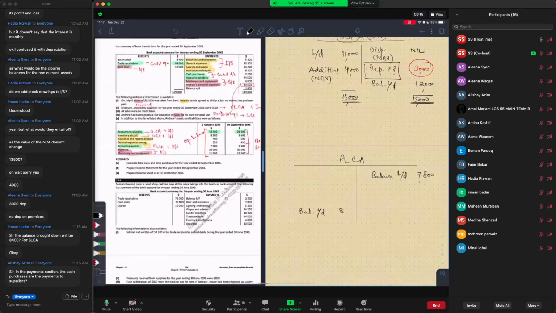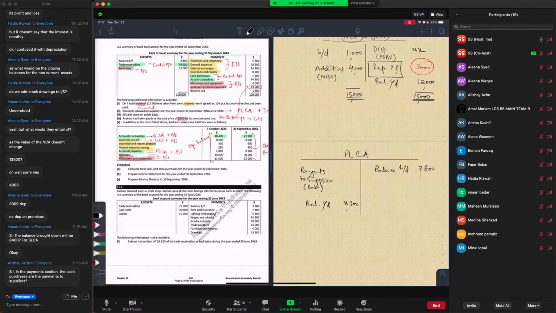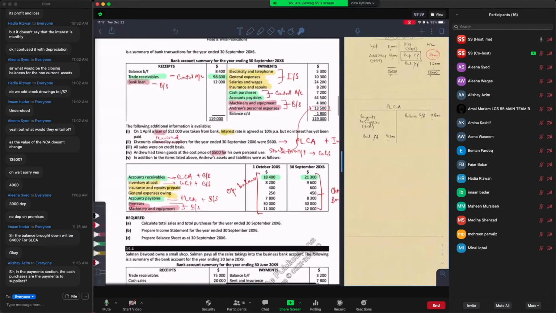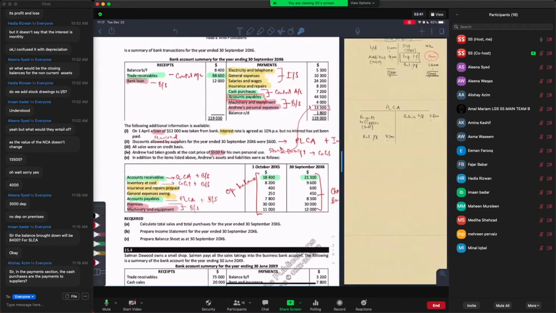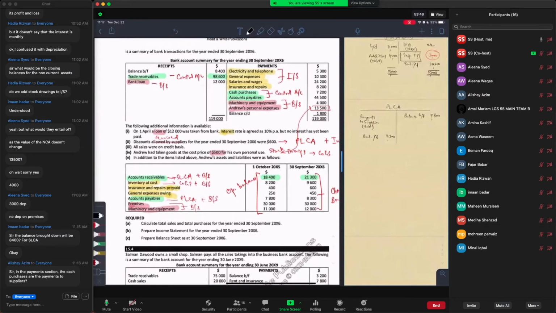8,300, right? The payments to suppliers is from the bank account. This is going to come from the bank account, and the payments to suppliers needs not to be confused with the cash purchases, right? The payments to suppliers you can find here in the bank account. There you go. That's your payments to the suppliers, 44,500, right? So 44,500 is your payments to suppliers,